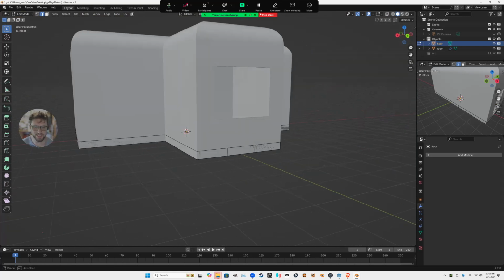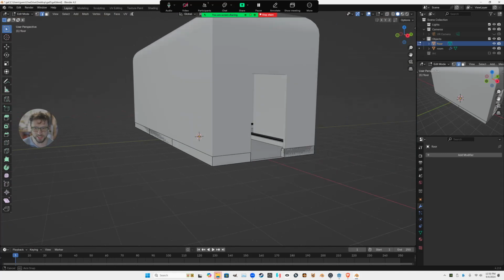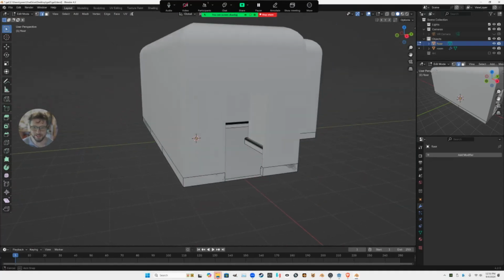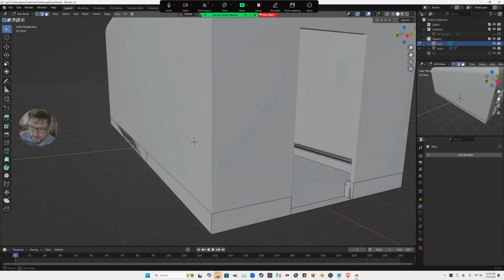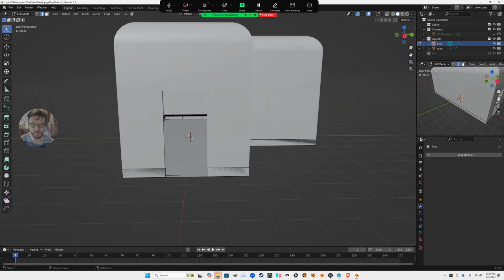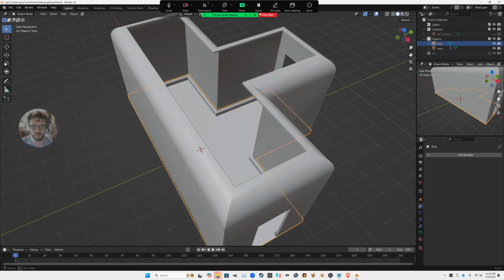So you can see there's a little bit of a flicker situation going on because the floor kind of intersects with the gallery space a little bit, but I think it's not going to be an issue. If so, we can fix it, but I don't think it's going to be an issue. All right, so